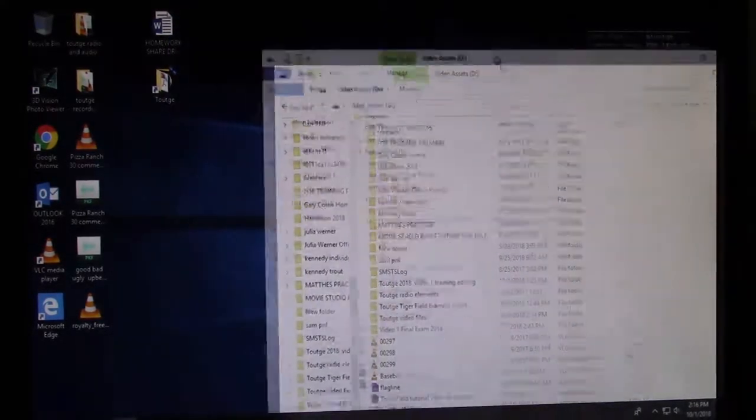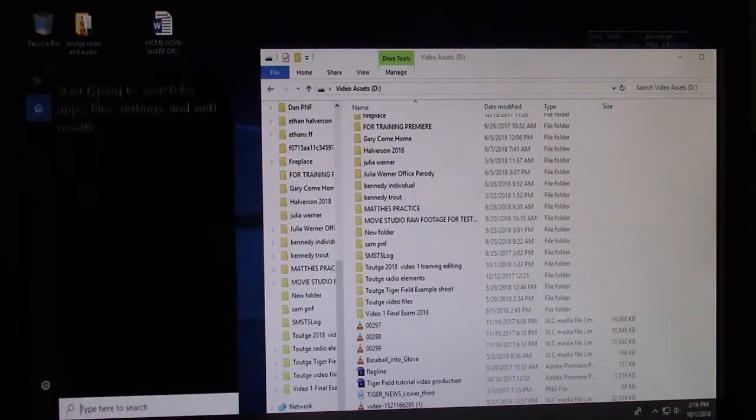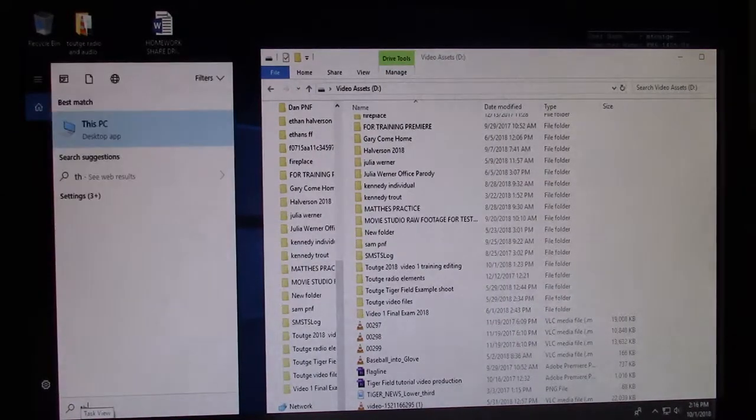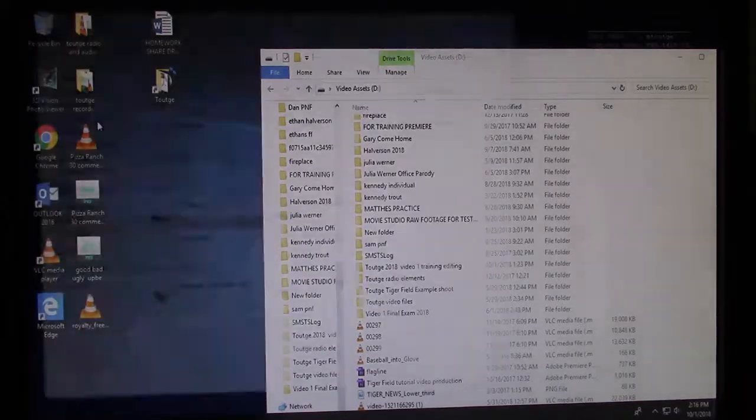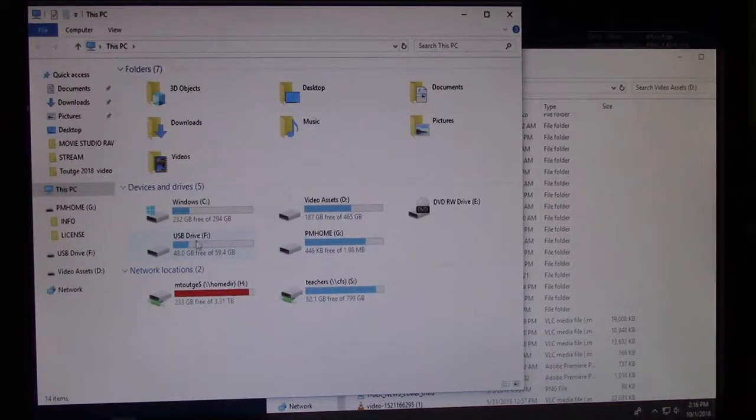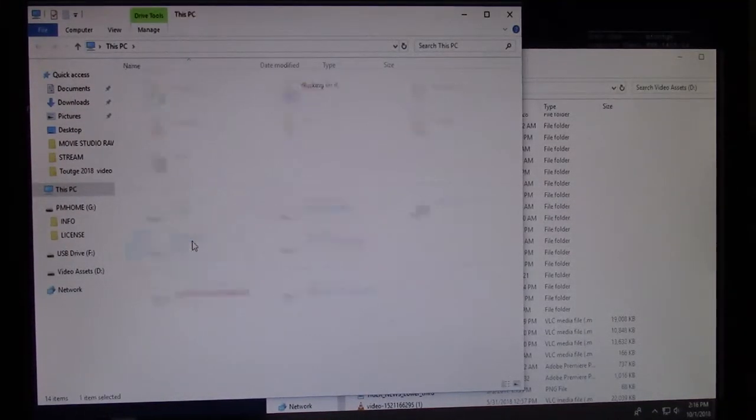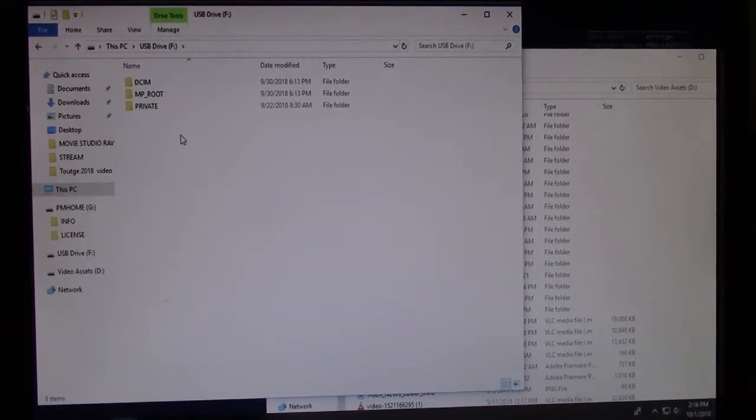Let me go back to the computer here. I'm going to hit this magnifying glass. I'm going to type in This PC, double click that, and I'm going to go to drive F because that's the camera that's connected. So if I double click that, and I should also mention here, this stack of yellow sheets here,